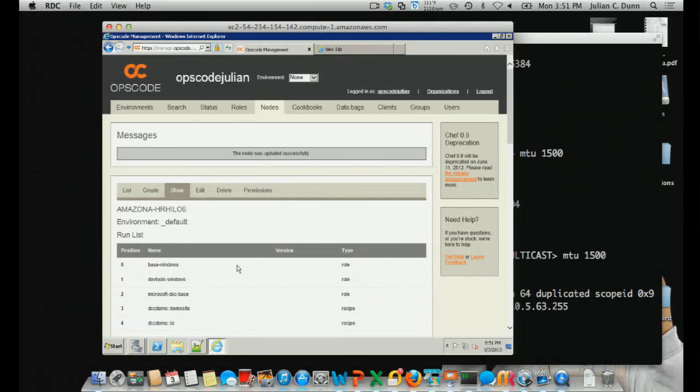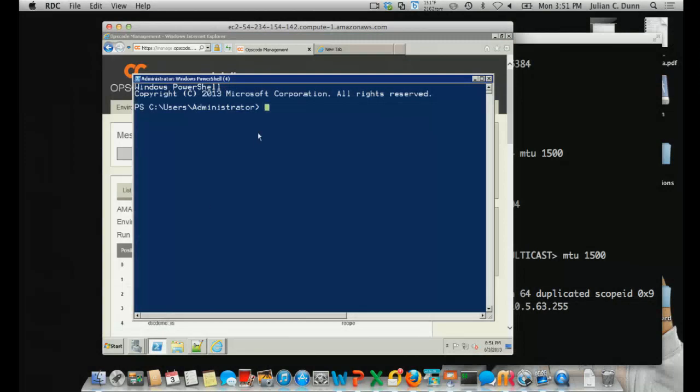now what I need to do is actually go on the system and run the Chef client to apply that configuration to the system, just as these folks ran the DSC configuration script on the system to make it go for their use case, right? So if I run Chef client, which is our agent, it's going to start up the Chef client, which is basically going to contact the ops code, the Chef server, and start downloading the configuration, the cookbooks that contain these recipes, and then it's going to start running through,